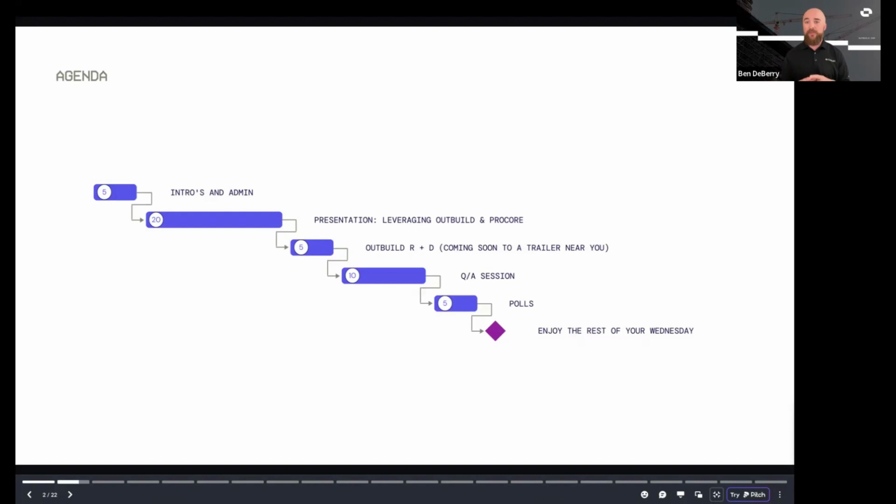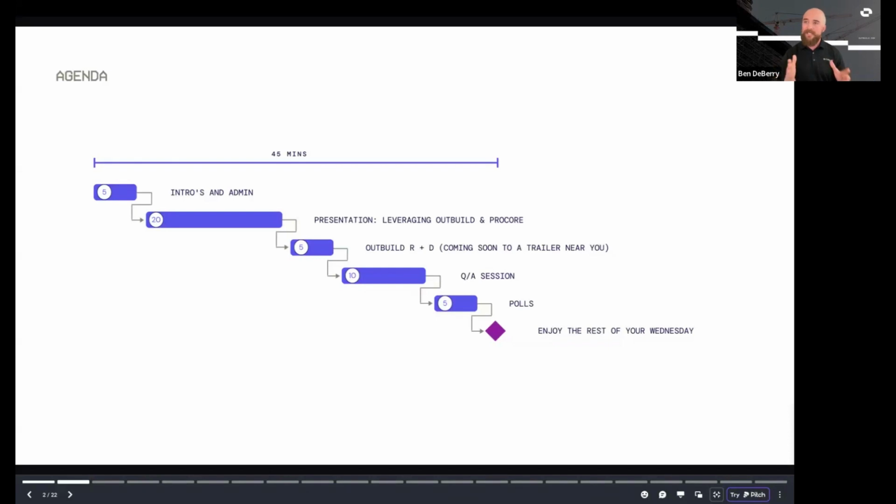Then we'll move into our research and development. So we'll touch base on what we're currently developing right now, give you a little glimpse of our roadmap. And then we want to do some live Q&A sessions and some polls. We're really excited for the polls today because we're going to have two. The first one is going to be focused on that Procore integration. We want to gather ideas from you to see what our next target is. And then we also want to establish what our next subject will be in March. So we're super excited to share that with you.